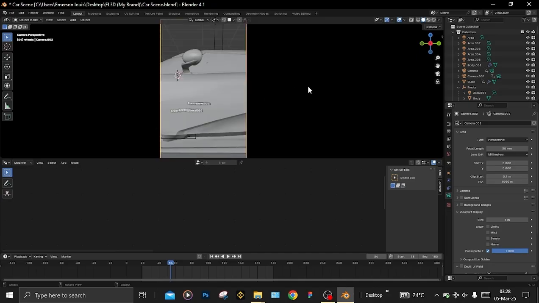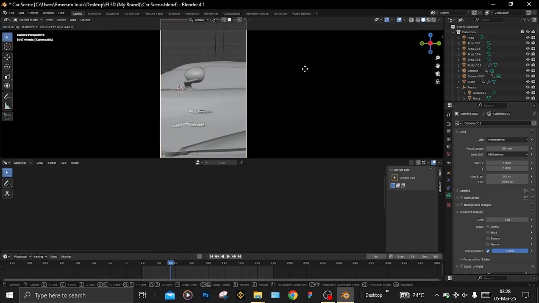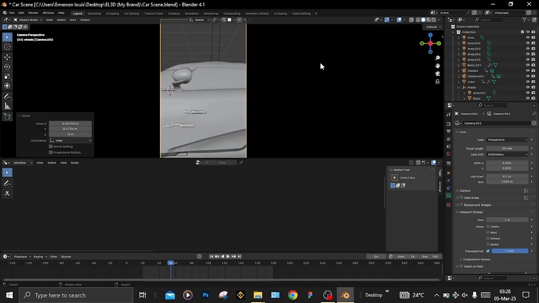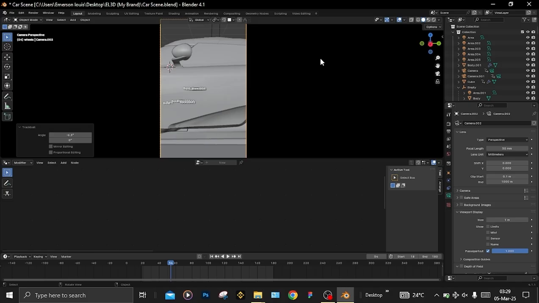I mean, if you are not comfortable with the angle, you could move it up however you want to move it, and then you could rotate it. I think this is okay for me. You can go back to the first frame,